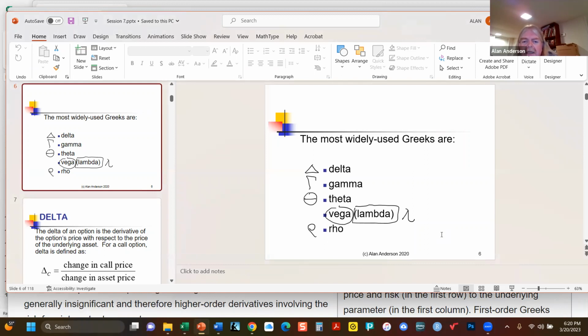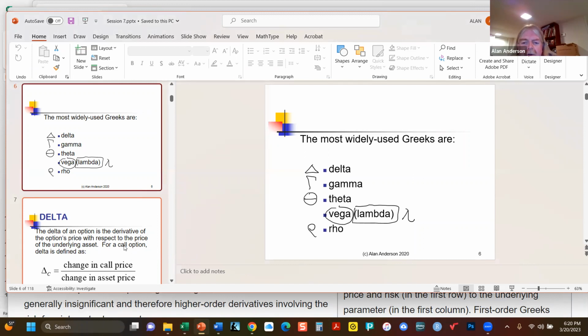So it's so funny about this vega. I guess somebody thought it would be cool to call it vega because it starts with a V. And now, it isn't even a Greek letter. So we sometimes see it called lambda. Anyway, so now